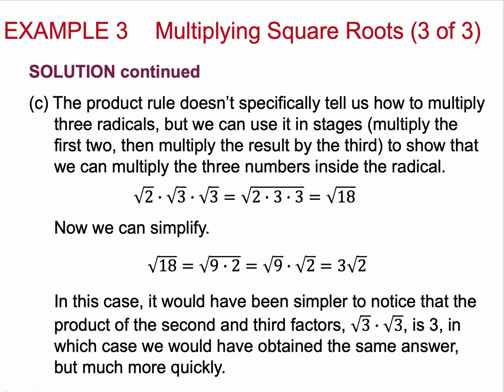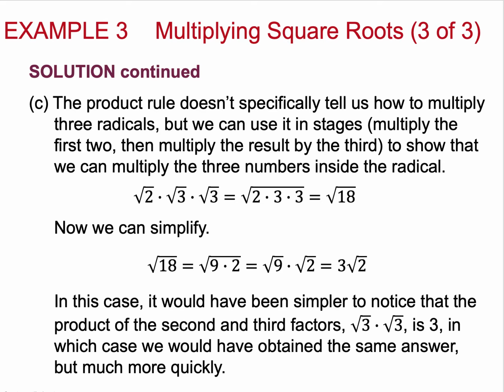And then in C, we have 2 times 3, which becomes the square root of 18, which is divisible by 9. So I'm not actually done with this problem until I break it out as the square root of 9 times 2, which gives me 3 square root of 2. In this case, it could have been easier to notice the square root of 3 times the square root of 3 is 3, because that would be square root of 9,